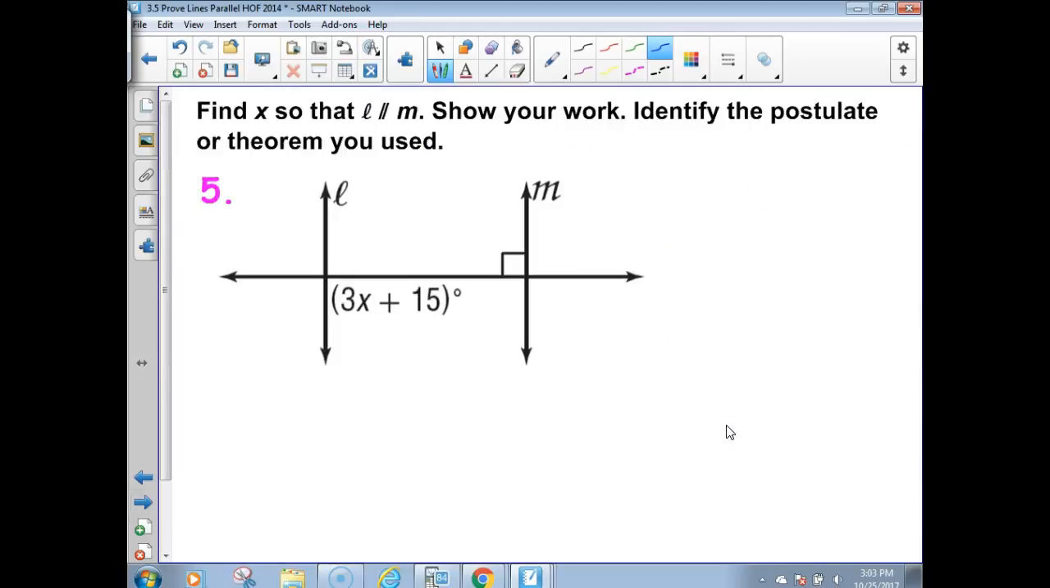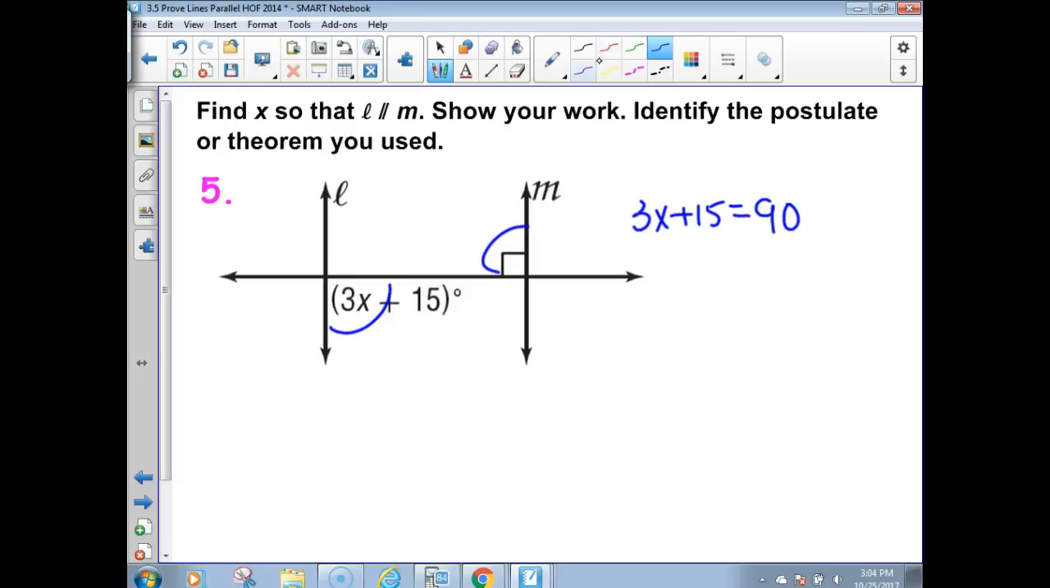Now, these are the type of questions more like what you are going to have to do in the assignment. You do have a proof in the assignment. Find x so that L is parallel to M. Well, if L is parallel to M, then these guys right here have to be congruent, which means 3x plus 15 has to be equal to 90. And the postulate is,